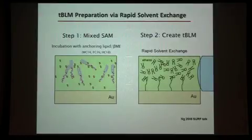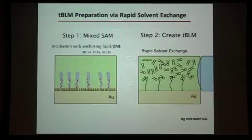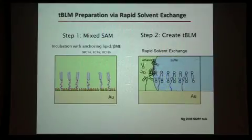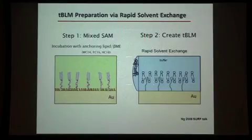Essentially, what's nice about these tethered bilayer membranes, and now after years and years of reproducing the same experiment, we can say it's rather routine, is that in order to make it, it's simply a two-step process where you mix the lipids and you get a self-assembled monolayer. So again, with a mixture of one of the tethered compounds and the beta-mercaptoethanol, you lay it down on your surface. And then you basically add your lipids to fill in and do a rapid solvent exchange with an aqueous buffer. And that basically forces the self-assembly of the bilayer and, again, creates this buffer above and below the